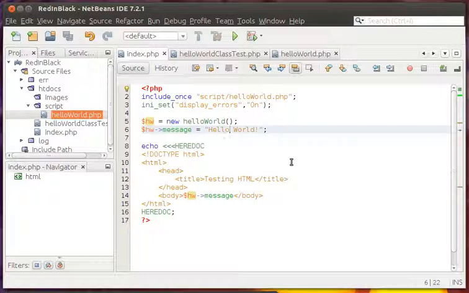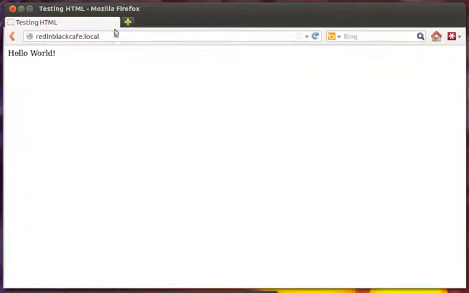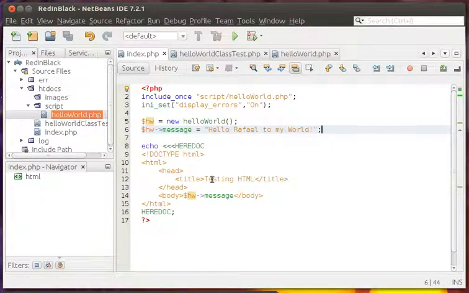So if I change this to hello Rafael, to my word, and I refresh the page, you see how it changes. So the public variables are accessible outside the box. It's something that you can change values, you can change anything of those values. Those are useful when you try to communicate, have interactivity, or any kind of dynamic with the class. All right, we go back to NetBeans,